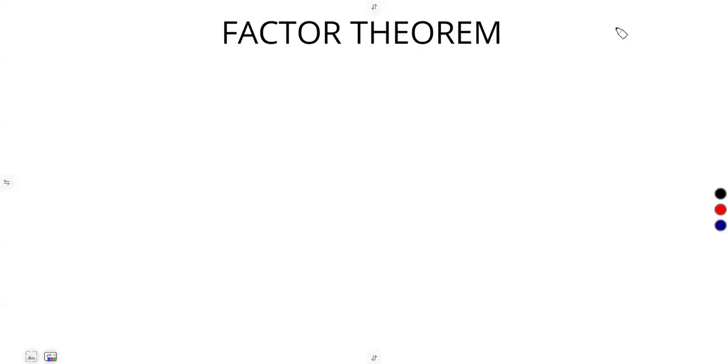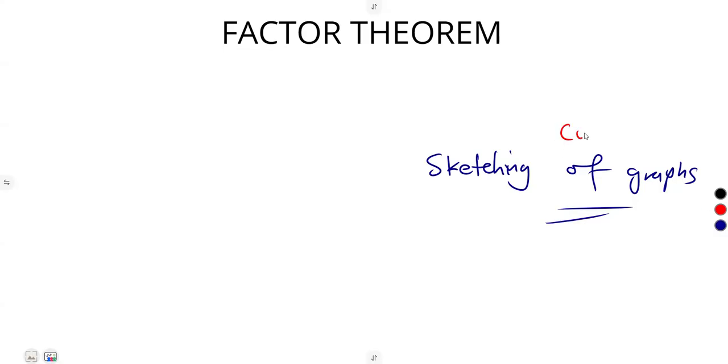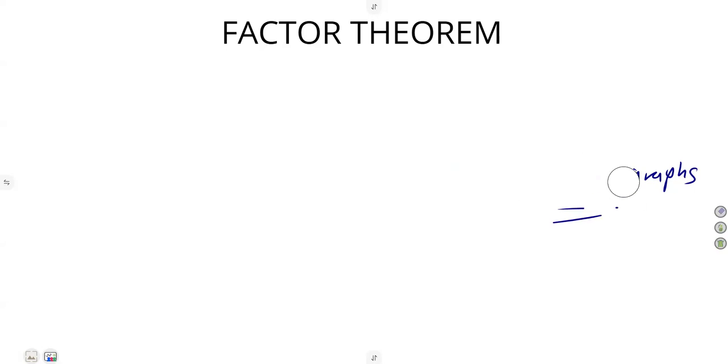So in this case, we are going to continue as part of our derivatives. It's a section that you are supposed to know as you are going to consider the sketching of graphs later on. You are going to be considering sketching of graphs, which is actually working with the cubic graph to be precise. So the factor theorem,